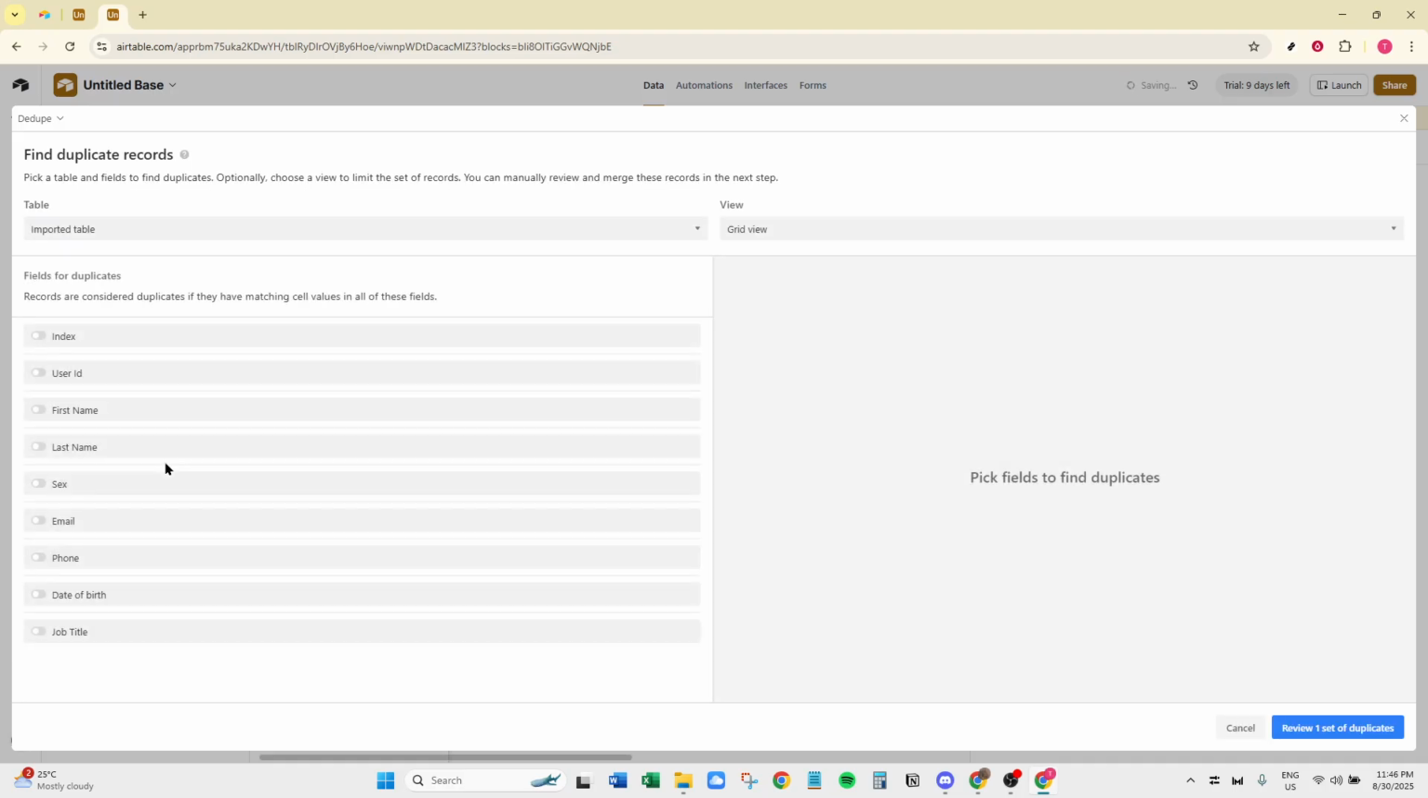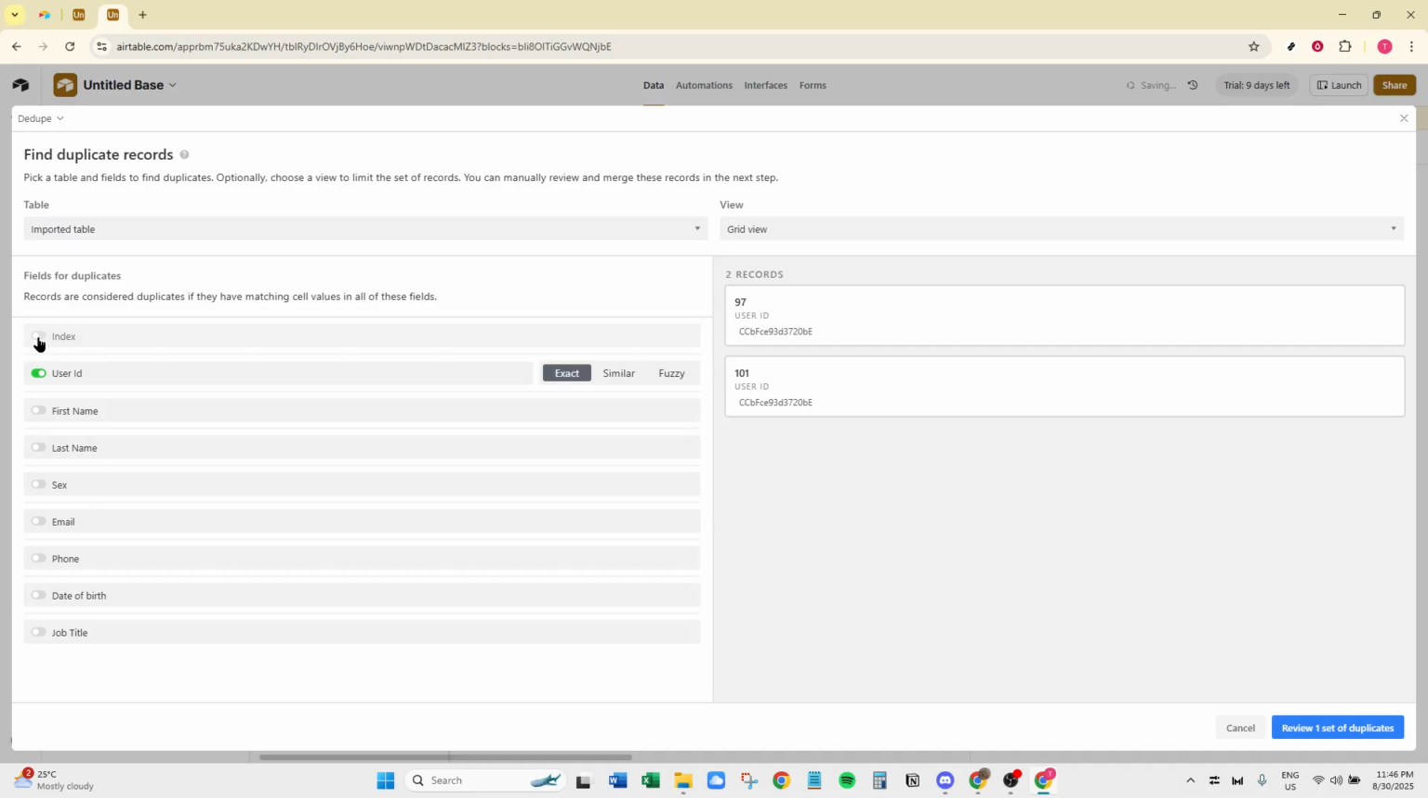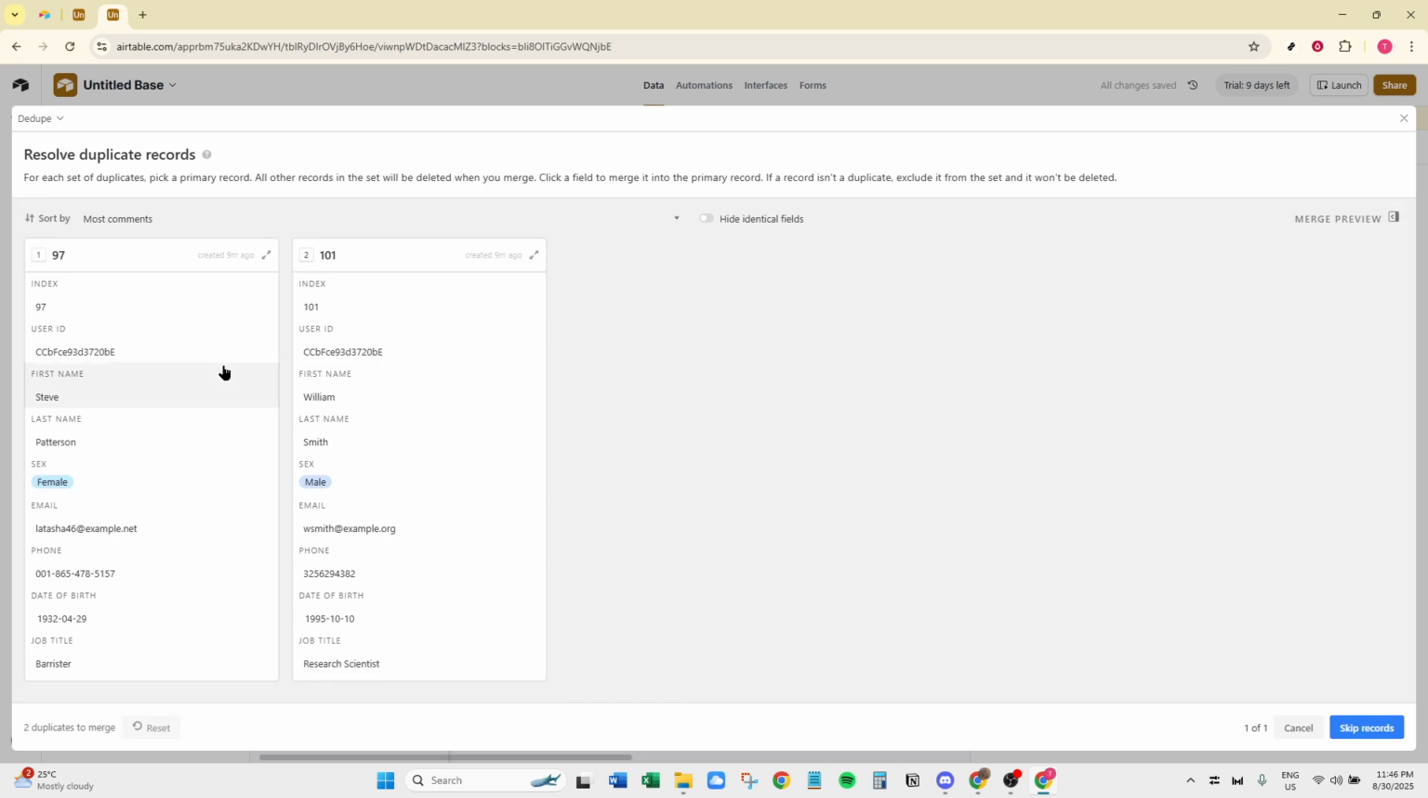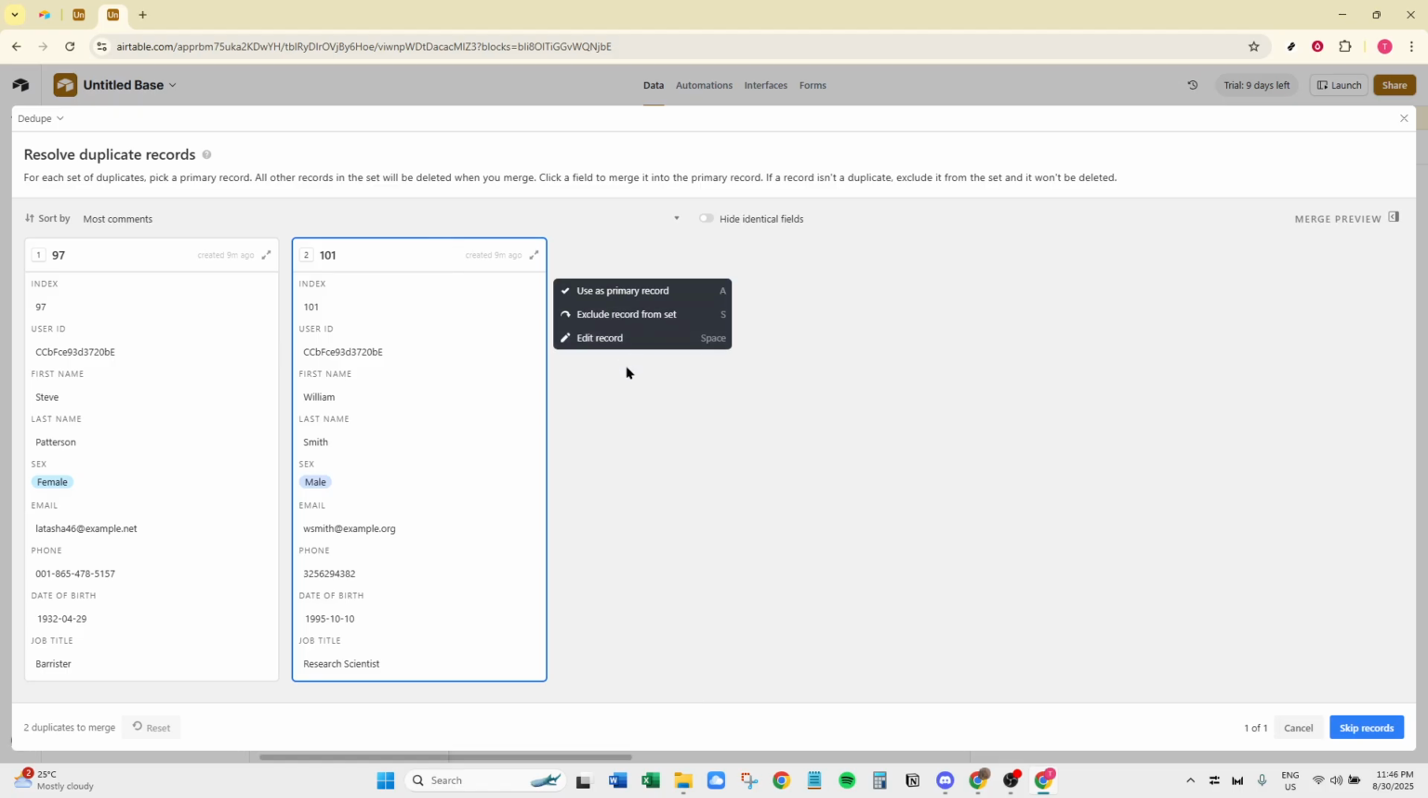From here, you can choose to either exclude or permanently delete these duplicates, helping to maintain the integrity of your data. And that's it. You've successfully created a new table in Airtable, imported your data, and ensured it's free of duplicates. Keep these steps in mind for future projects and enjoy the